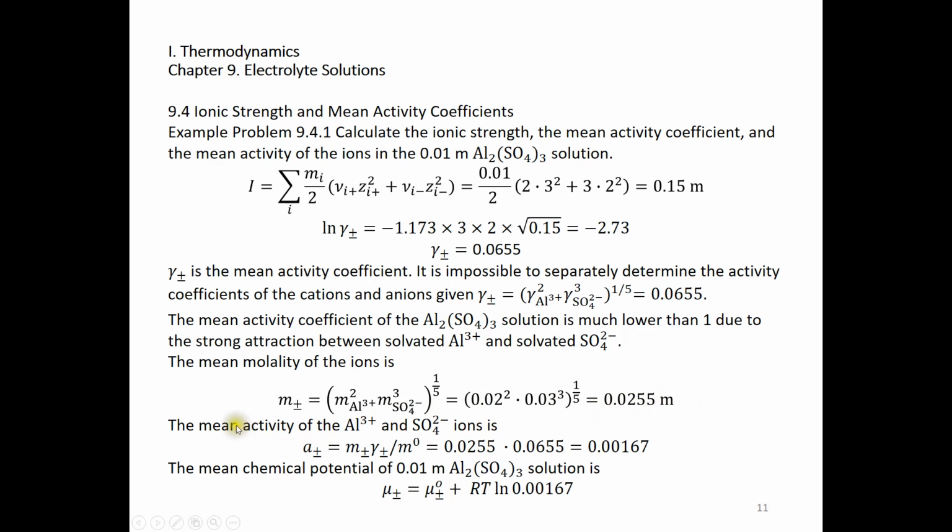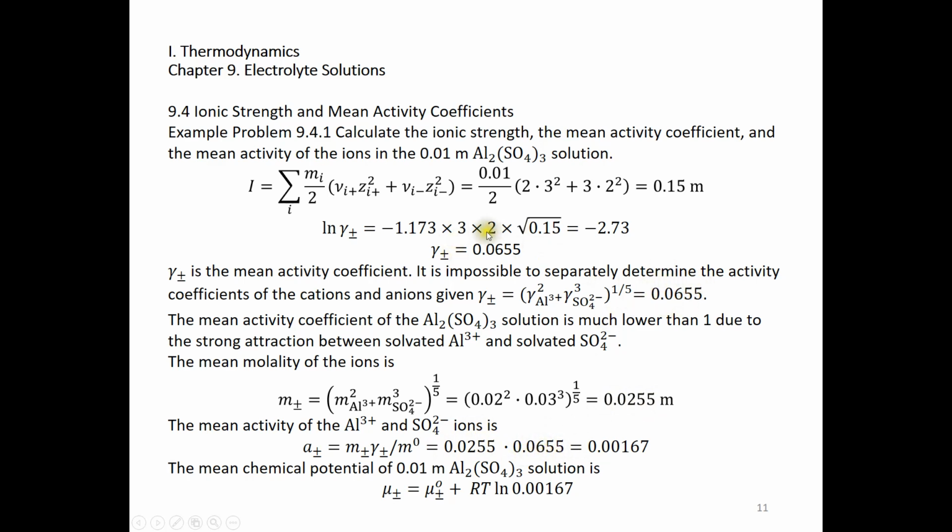Now we compute finally the mean activity of these two ions. The mean activity is simply the mean molality over m naught, just to get rid of the unit, multiplied by the mean activity coefficient. So the mean molality, we have this here, divided by m naught. It's going to be a number, 0.0255 right here. We have the mean activity coefficient,